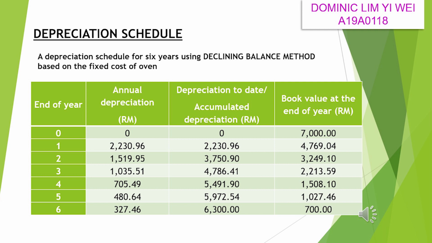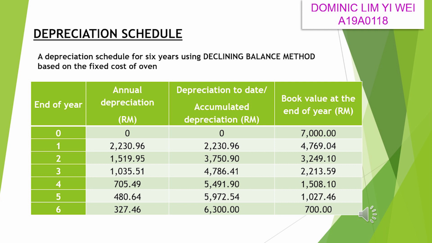At the end of year 4, annual depreciation 705 ringgit 49 cents, accumulated depreciation 5,491 ringgit and 90 cents, book value at the end of year 1,508 ringgit 10 cents. At the end of year 5, annual depreciation 480 ringgit 64 cents, accumulated depreciation 5,972 ringgit